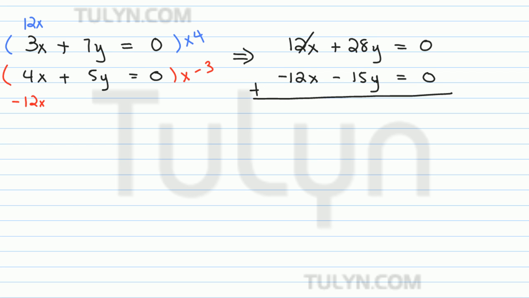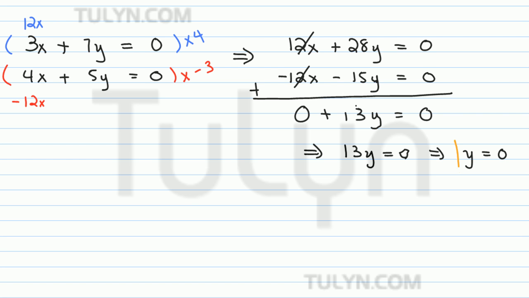the 12x and minus 12x cancel out and give us a 0. For the y's, we get 28y minus 15y, which is plus 13y. And then 0 plus 0 is 0. So our equation simplifies to 13y is equal to 0, which can only happen if y itself is equal to 0. So now we have our y variable, and we want to plug in y equals 0